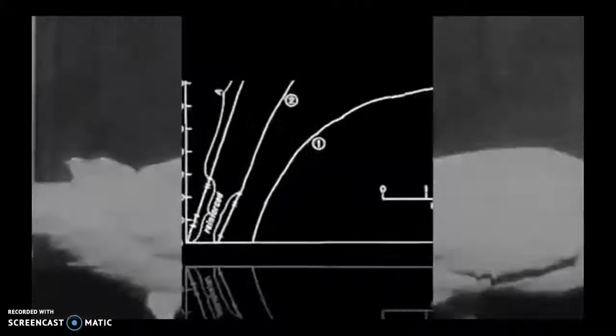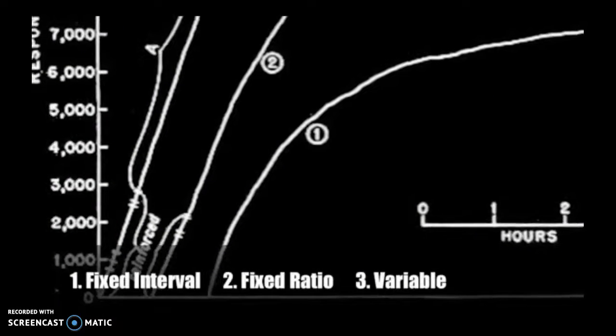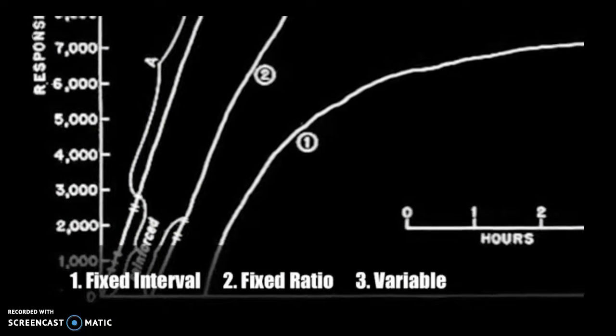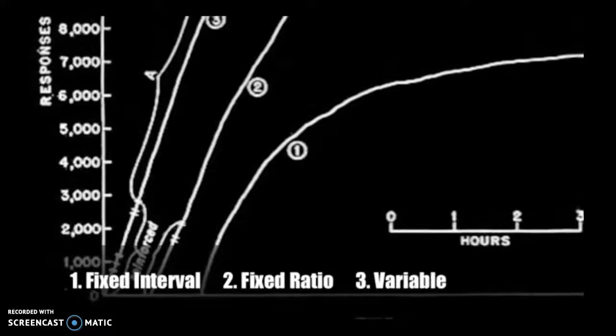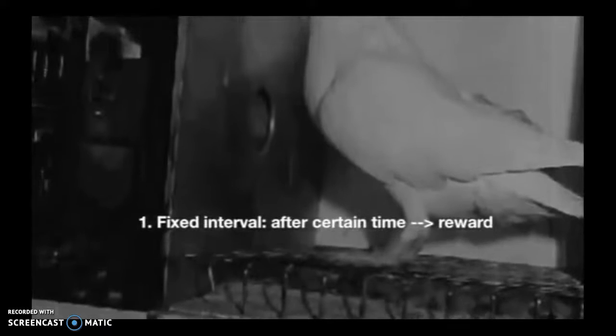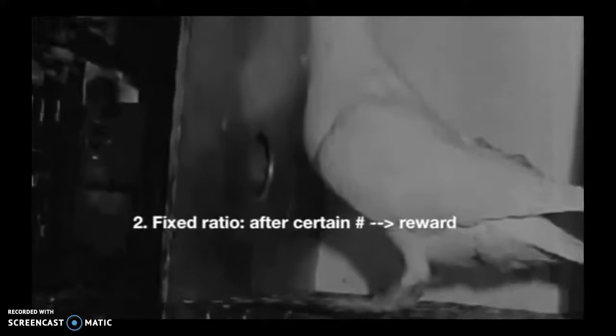He concluded that there exist 3 types of reinforcement ratios: a fixed interval, fixed ratio, and variable interval. The fixed interval occurs when, after a certain time, a behavior is rewarded. A fixed ratio makes the reinforcer available after a certain number of responses. Variable ratio occurs after different times and amounts of responses. These reinforcement schedules serve as a key foundation of behaviorism, as they describe the way that subjects normally respond to stimuli in